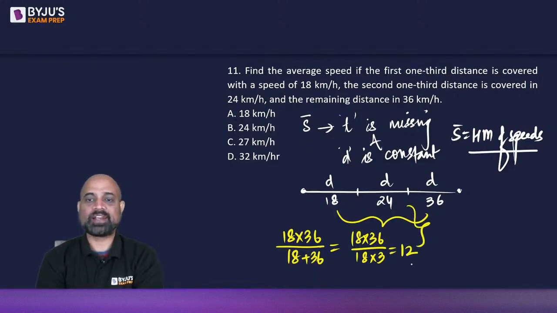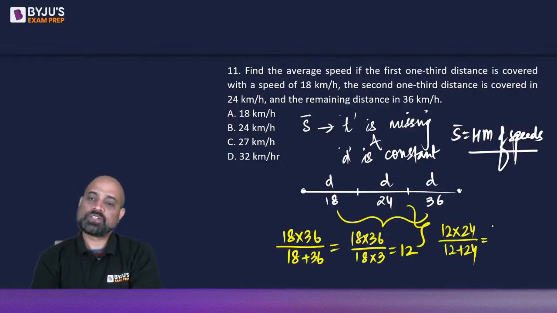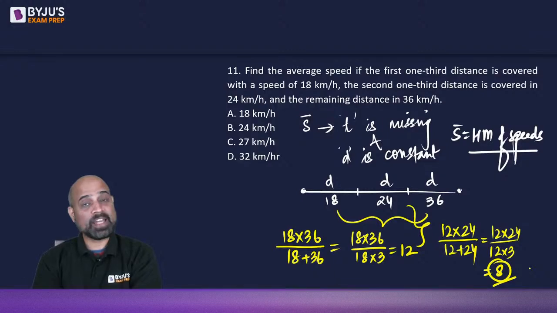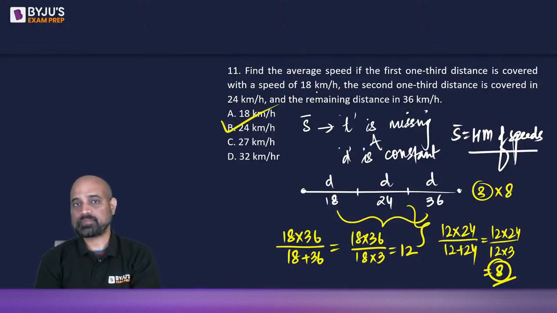Then I will calculate AB upon A plus B formula, जो अभी अभी करा, of 12 and 24. So this gives me 12 into 24 divided by 12 plus 24, which will result in 12 into 24 divided by 12 into 3, which gives me 8. अब ये जो 8 आया है, how many numbers do we have? We have 3 numbers. So we will multiply this with 8